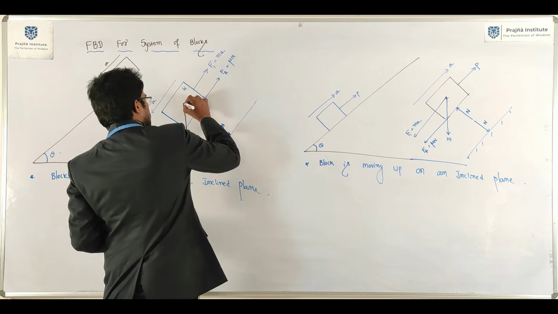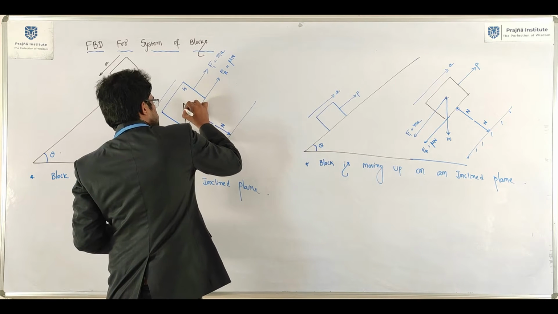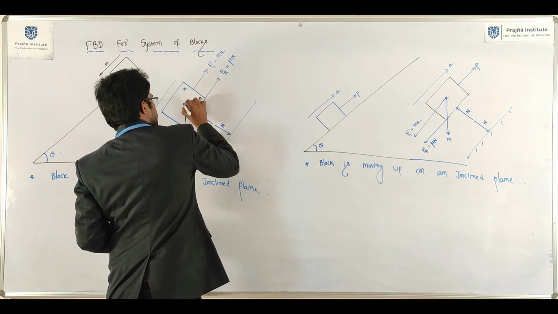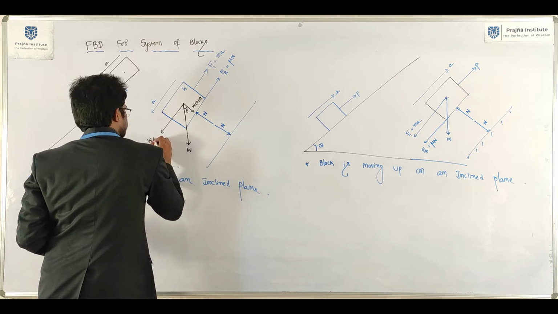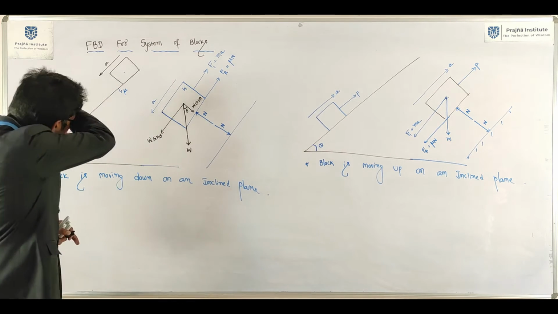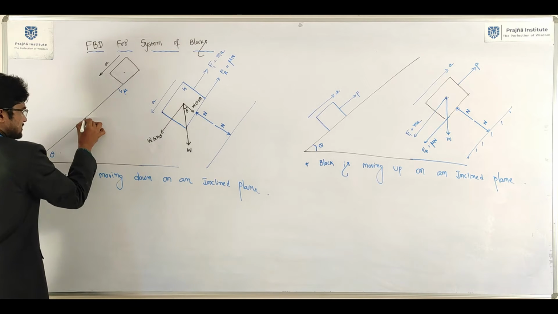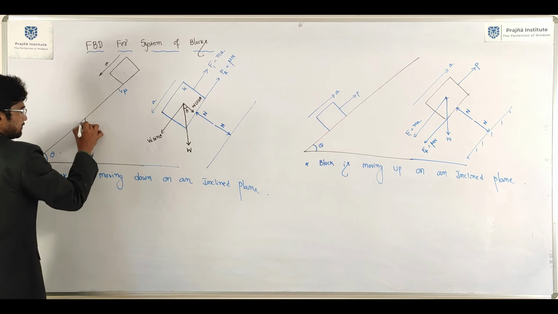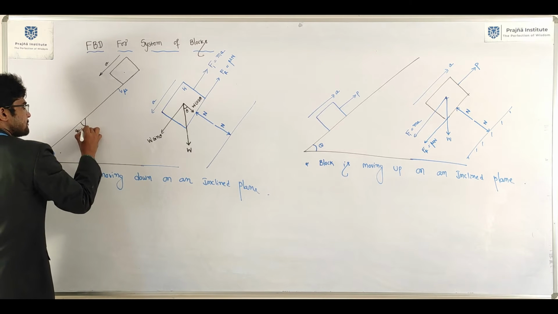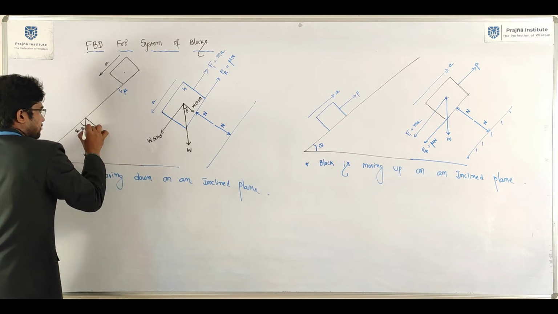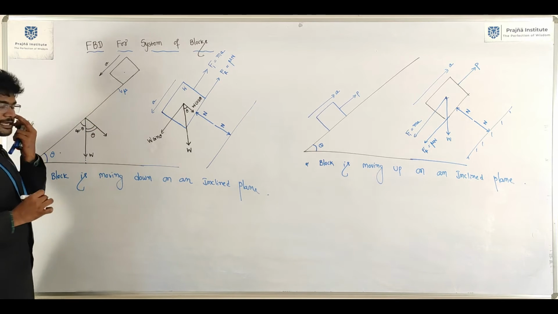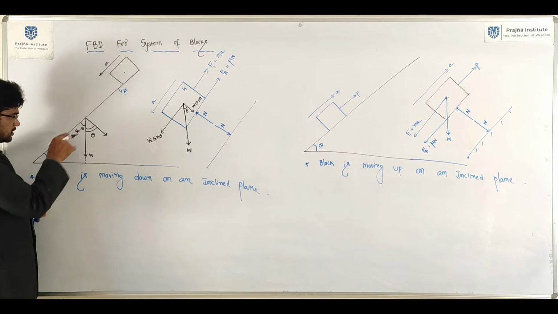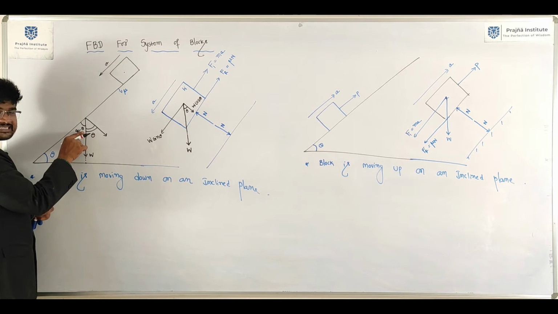Now how to resolve it? Of course it is theta, W cos theta. Here it is W sin theta. So how to tell whether it is theta or not? See here, it is W. That means it is 90 minus theta. Here of course it is theta. Correct or not? Weight is acting vertically downward. Take a triangle. If it is theta, then 90 minus theta.